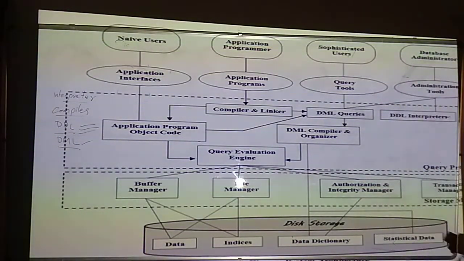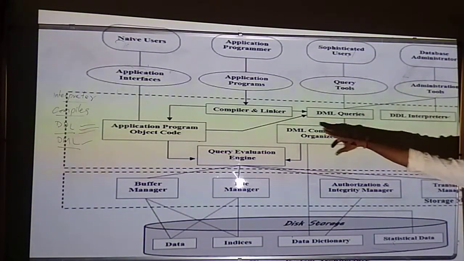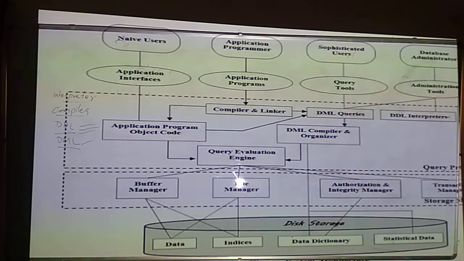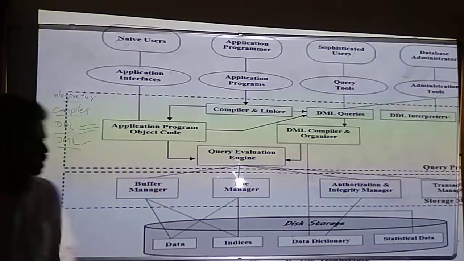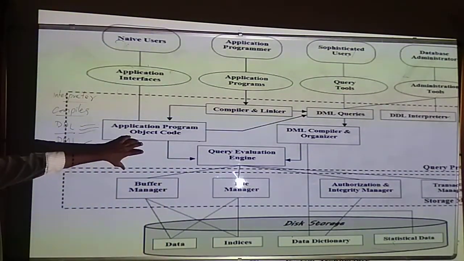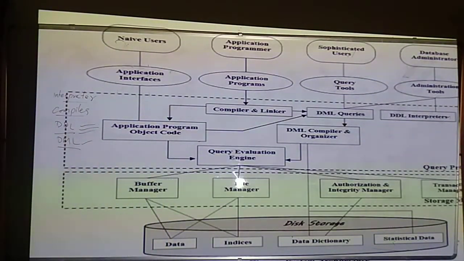See here, this is the query processing part, where we will have DML queries, DDL queries, and other queries too. In order to create the databases, manipulate the database, and update the database, we will have these statements. Those will be managed by your compilers and linkers. And we will be evaluating the queries from your databases. Those will be done by your query processor. And after that, what do we have?